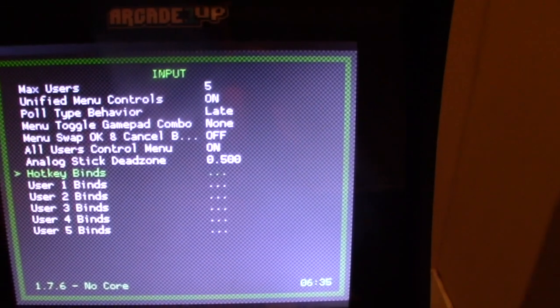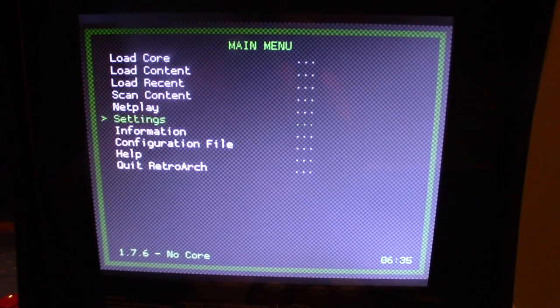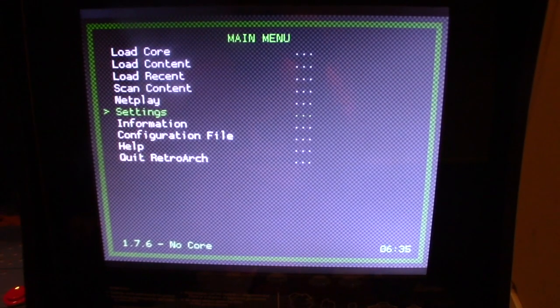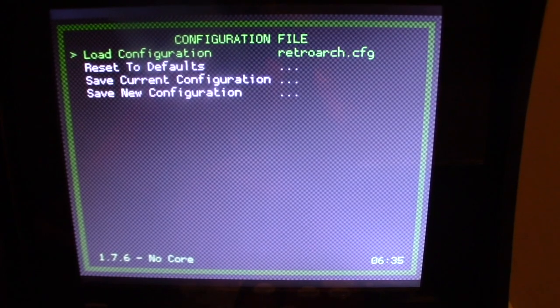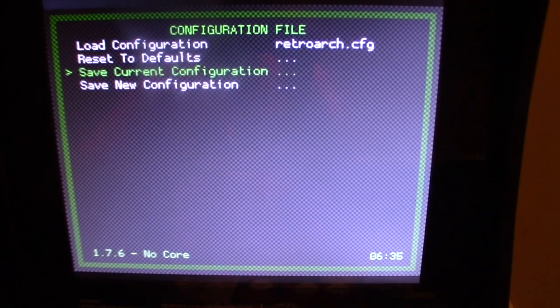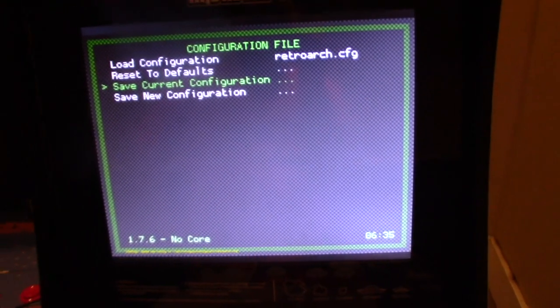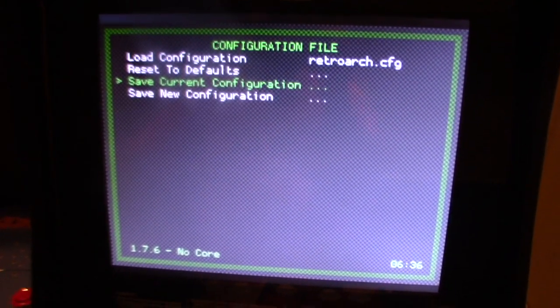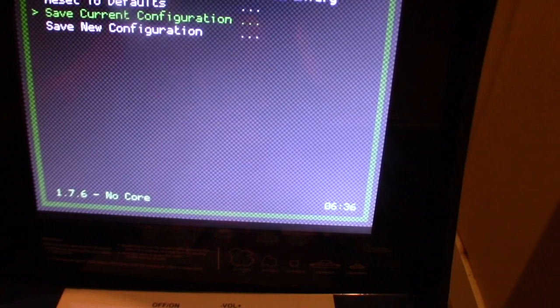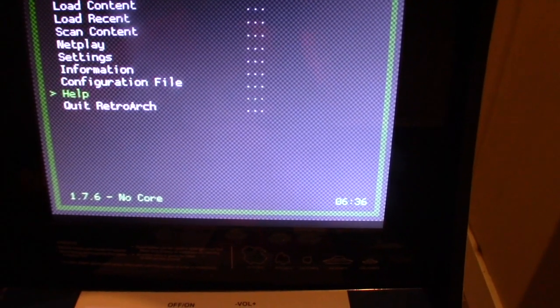Once we're done here, we're going to back out, and then all the way to the beginning here, and then go to configuration file and save current configuration. And we are done at the RetroArch on here. We're going to back out, quit,